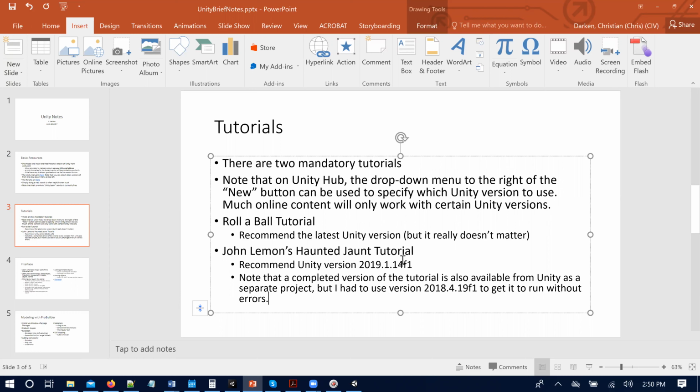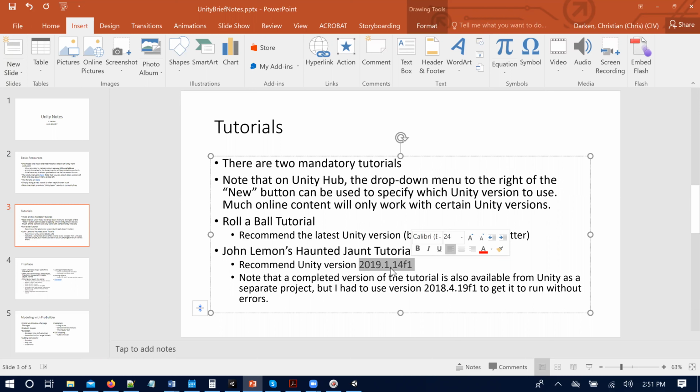Okay, now, what I found is that with Haunted Jaunt, the range wasn't 100% reliable. These were my notes. This is what I ended up using to actually do the tutorial, this version of Unity. You don't have to use that version, but I can tell you that over the last couple days I went through the whole tutorial using this and it went fine, with no errors or anything.